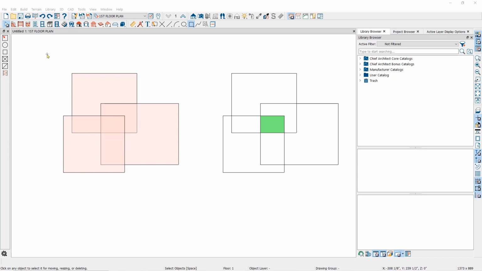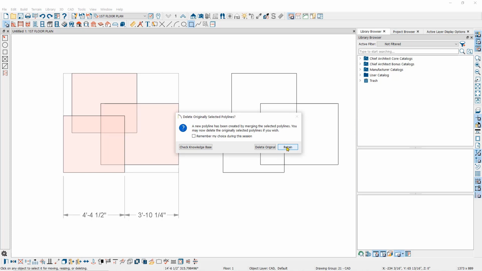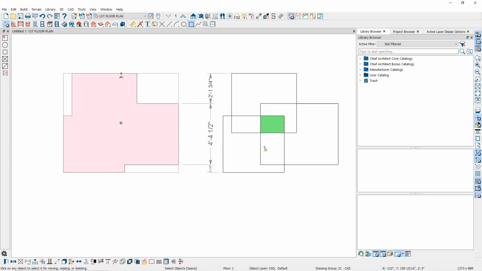Then I'll use the Polyline Union tool in the Edit toolbar at the bottom of my screen. When I click on this tool, I have the option to delete the original or retain it. I'll delete it. Now you can see that we have one polyline based on the union of all the polylines